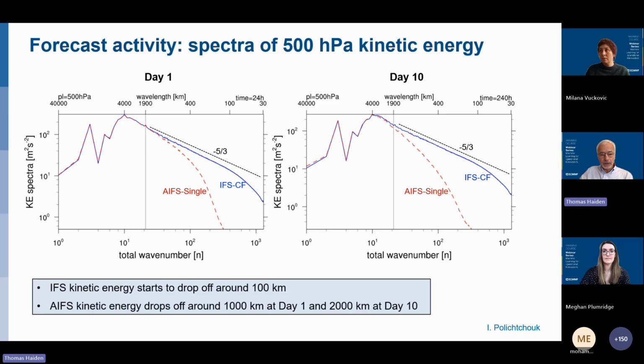We can see that the AIFS control forecast follows the theoretical line quite nicely down to a scale of roughly 100 kilometers, and then starts to drop off at the very small scales, while the AIFS single, being smoother, drops off more quickly, so at larger scales already. At day 10, this is even more pronounced. Now this drop-off starts even earlier, at even larger scales. Roughly it's about 1,000 kilometers at day 1 and 2,000 kilometers at day 10.